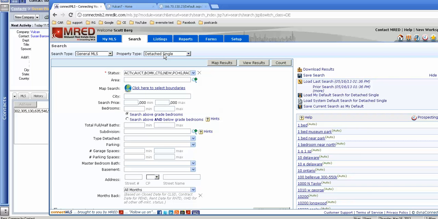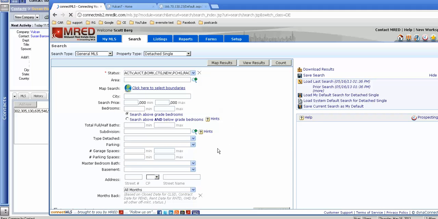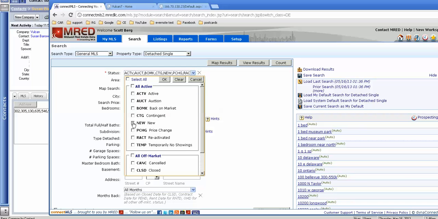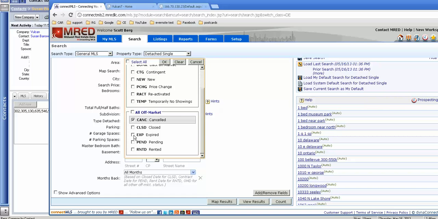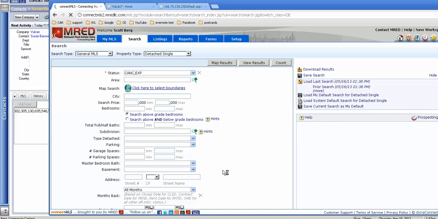So detached single, and then we're going to have to add a field here for status date. And the statuses we want are just going to be canceled and expired. Okay. And then I don't have it in our status date, but status date needs to be